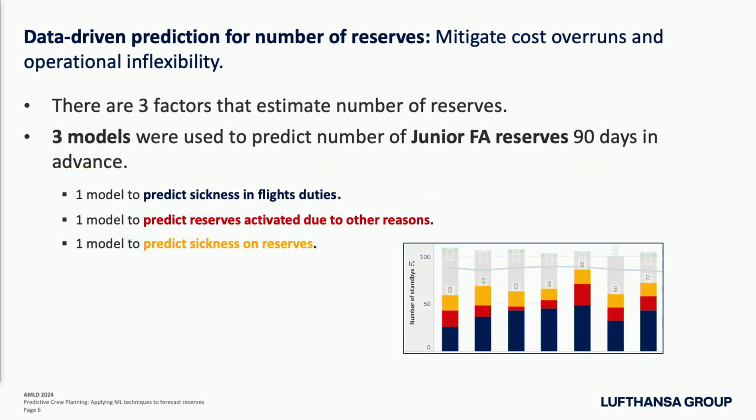Because of the static planning approach I've mentioned earlier, we developed a data-driven solution that uses a time series model to predict 3 factors that influence the number of reserves. You're already familiar with 2 factors. One is the sickness in flight duties, and the other is the operational disruption. The third factor that we think could also influence the number of reserves is the sickness on the reserves themselves. Overall, we have 3 models that were used to predict the junior flight attendants 90 days in advance